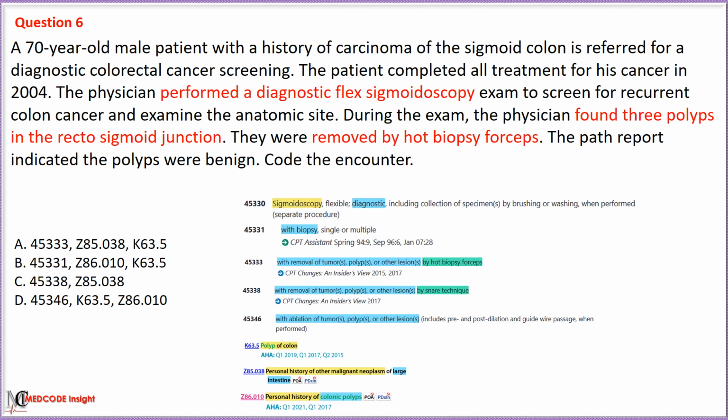In this scenario, a flexible sigmoidoscopy was performed with the removal of three polyps using hot biopsy forceps. We will eliminate options based on the technique used to remove the polyps. We first eliminate option B with code 45331 used for biopsy, option C with code 45338 used for removal of polyps by snare method, and option D with code 45346 used for ablation of